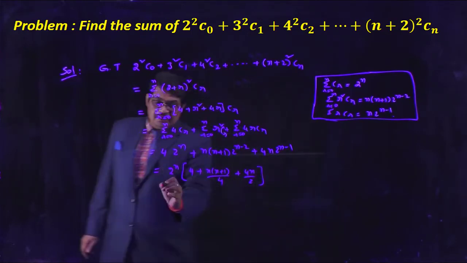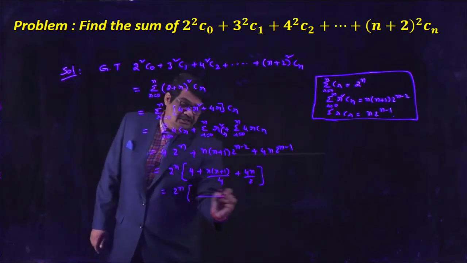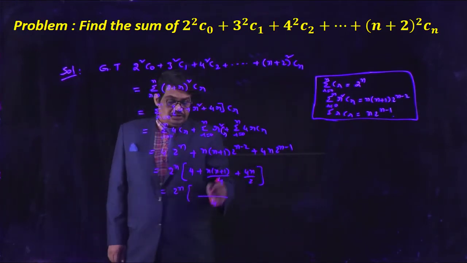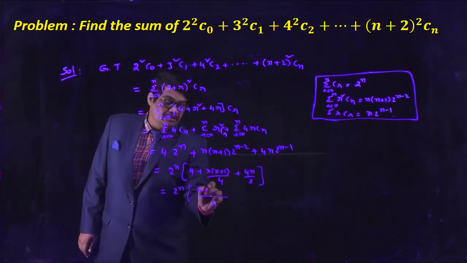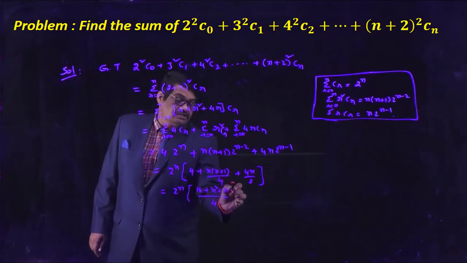That is equal to 2 to the power of n times, what is the LCM? LCM is 4. So 4 into 4, that is 16, plus n into n plus 1,